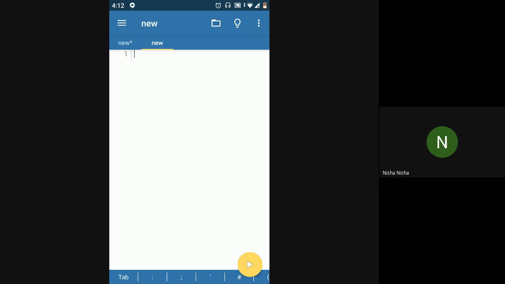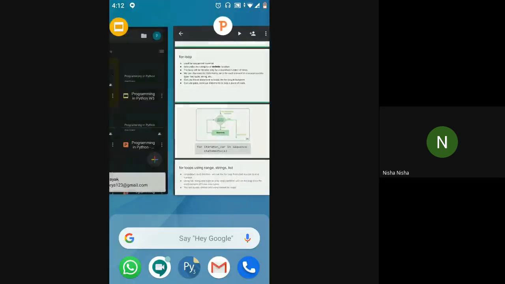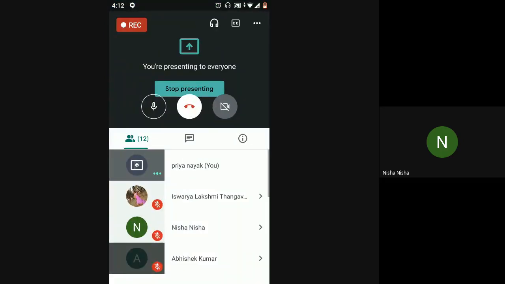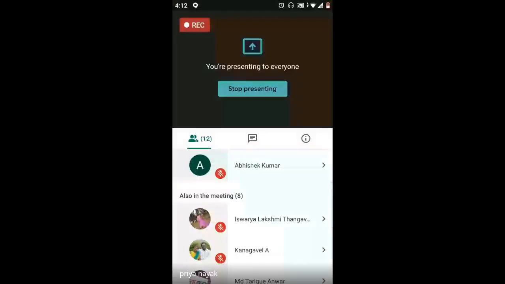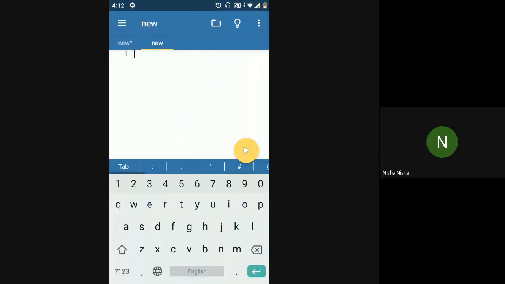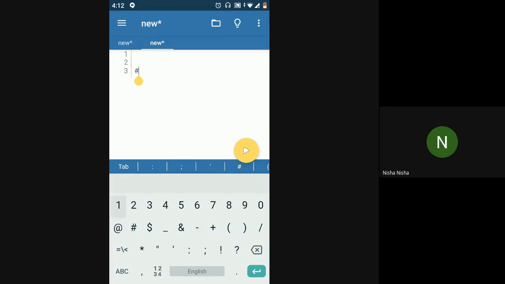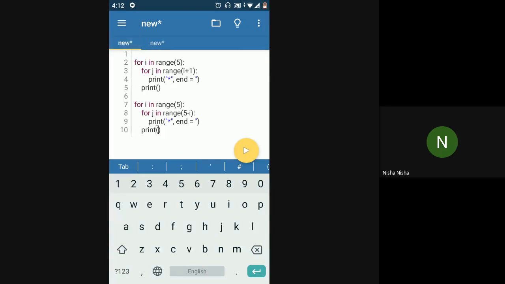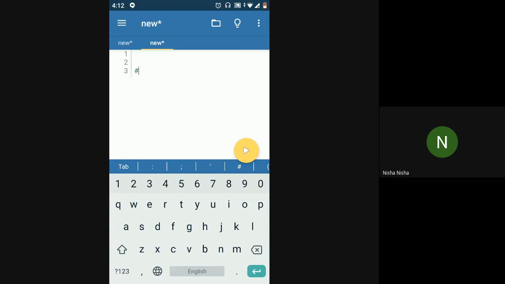Should we take the same example? Do you guys want to go through the same example again? I think that was the end of the session, so I'm not sure if people understood it very well. Another example. Sorry about that, I just got kicked out of the meeting. Yeah, okay. So probably we'll take the same example and see once. So this is exactly what we did yesterday. Another example. Okay, you want another example?